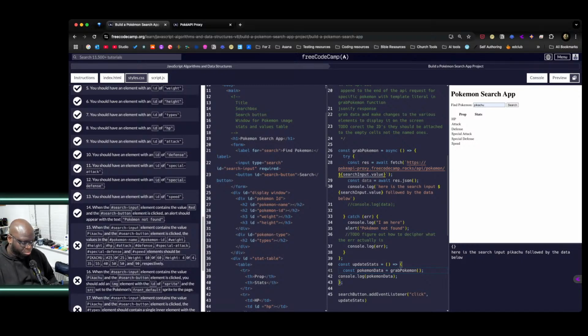So if here I've now got it in data, right? So then if I was to say, so let's shelve this for a minute, and let's say we still grab the Pokemon. Then once I get here, I've got the data for it and it's being handled by data. If I then said